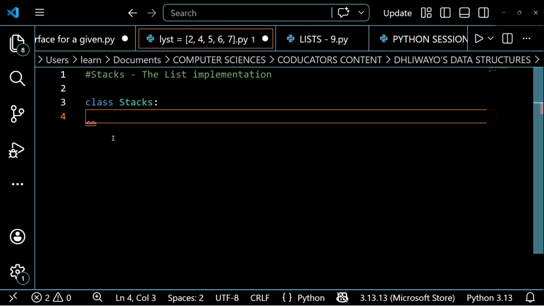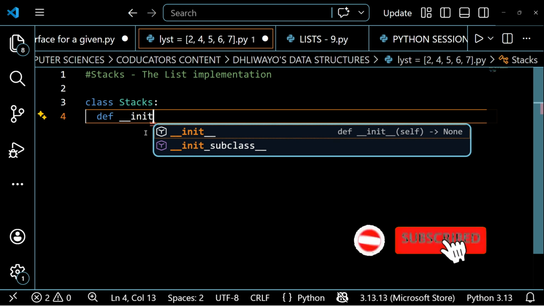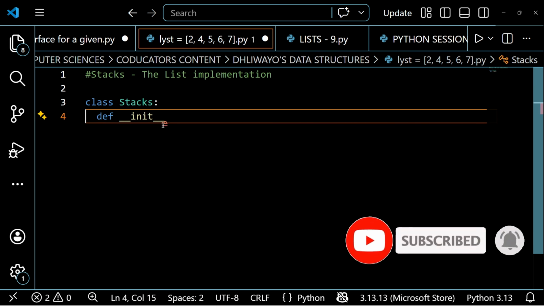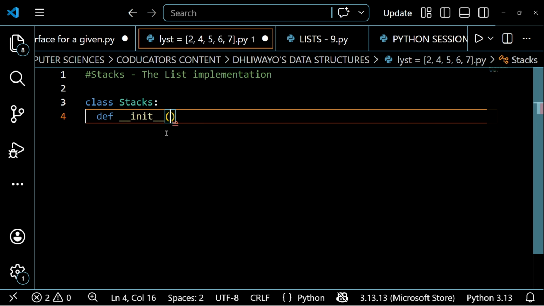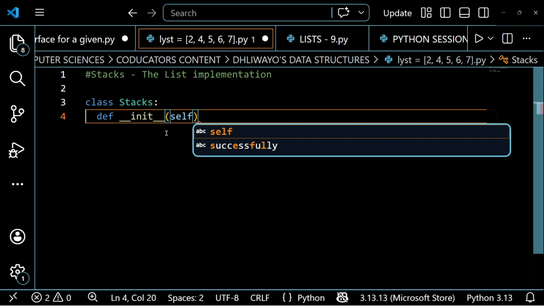Okay, so now in the stacks class, first of all, we need to be able to define a constructor. So we need to start with the constructor method, and you guys already know that for the constructor method, we use the init method. The init method is just to construct an object under this class, okay? So we have to use the self keyword to be able to refer to a specific object. I'm just going to show you an example of what we actually mean when we say that this self is referring to a specific object.